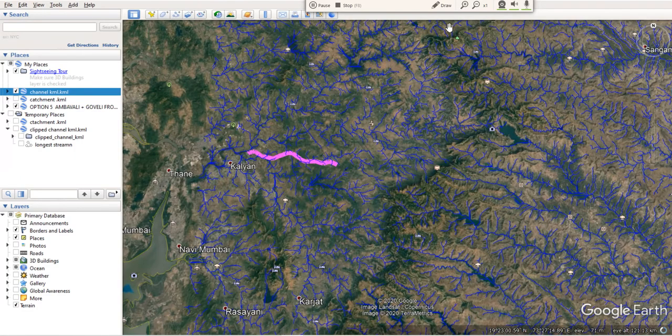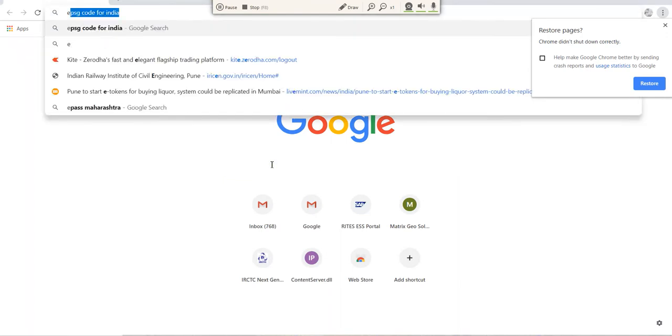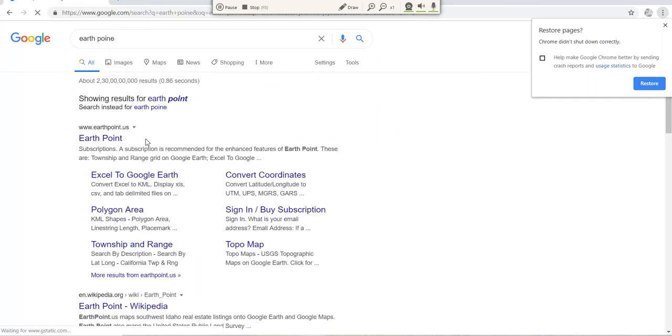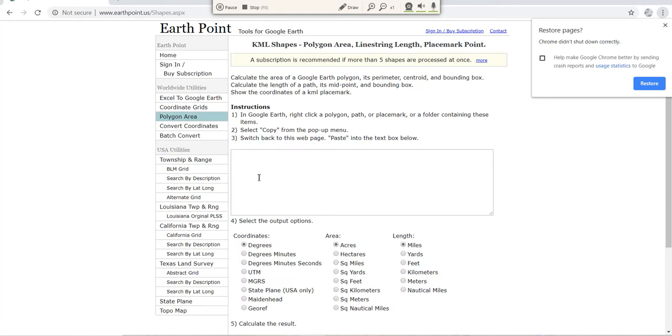Now if you want to calculate the centroid of this polygon, we just go to Earth Point. One website was there, Earth Point. You can see on the left side a polygon area option, and there are paste options.